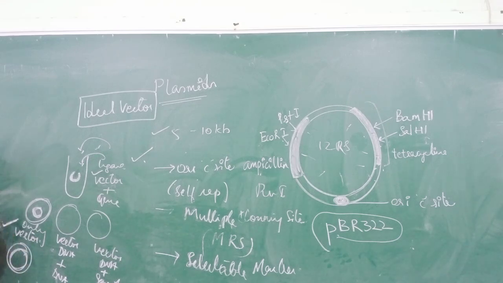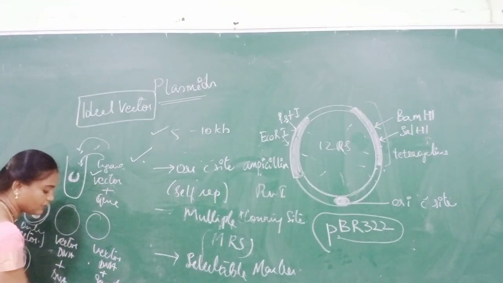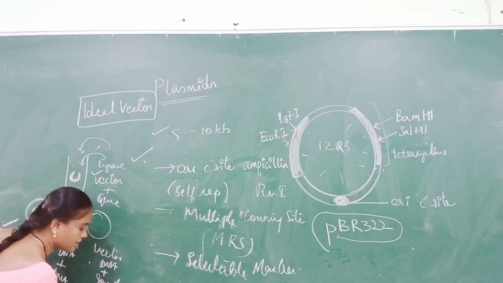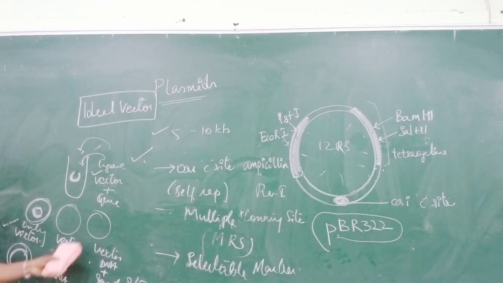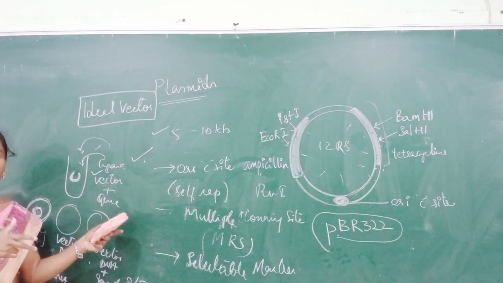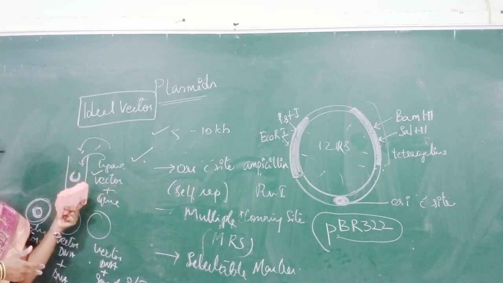In the first reaction, only vector DNA without insertion of any gene of interest or any other DNA molecule, and in the second reaction vector DNA plus other than gene of interest may get paired up, and in the third reaction mixture vector DNA may get paired up with your gene of interest. So these are the three different possibilities that may occur whenever you are adding your vector DNA plus your gene of interest with a ligase enzyme in a reaction.